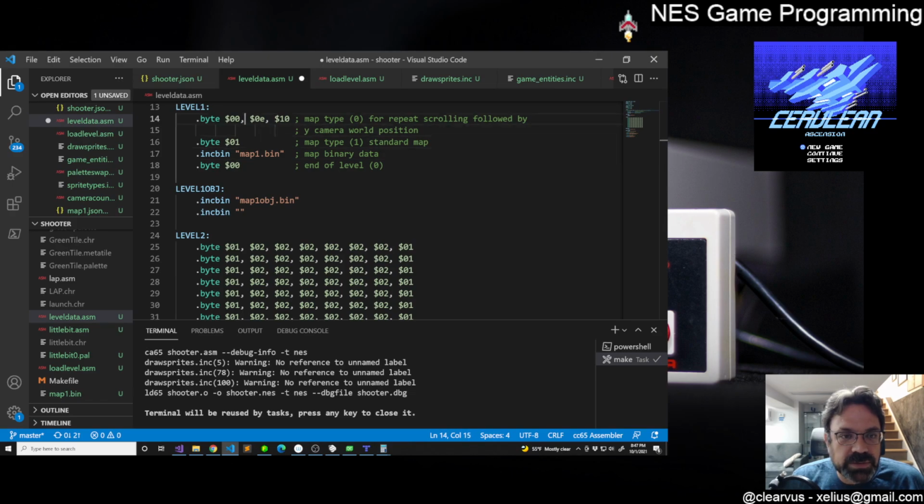Oh, wait, so that doesn't work. That should be 1 and 2. So this is kind of like a hybrid of what I was saying. So it's not a separate list, but it's also not keeping track of the height. And then for this, because we know how many objects are in here, we can find the end pretty easily. And then this is, I think this is ocean